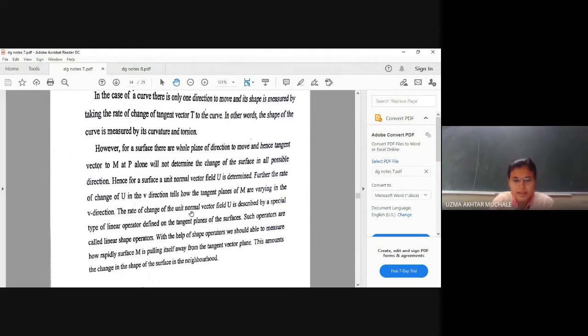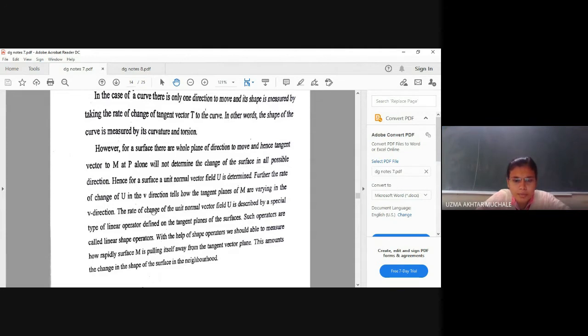So suppose you have some arbitrary shape of a hill, right? Just like in Kashmir, there are so many hills. If there are many hills there, how will you find the normal? Because if you are on the hill, suppose there is an arbitrary shape, no? At that time we can't be sure which shape is there, okay? So how to find the normal to that?